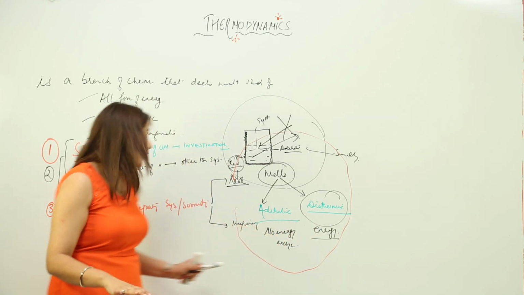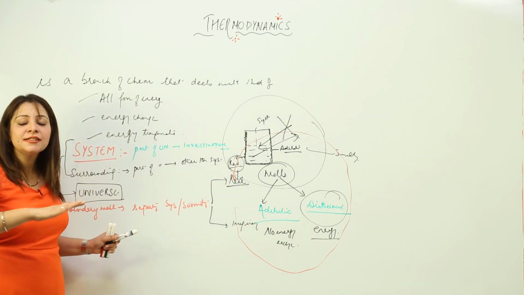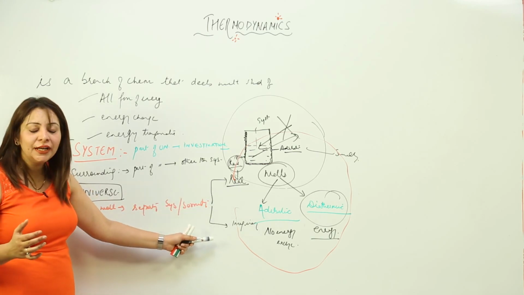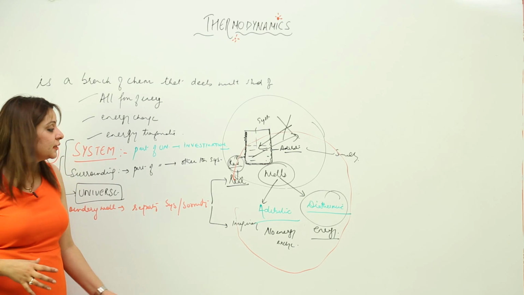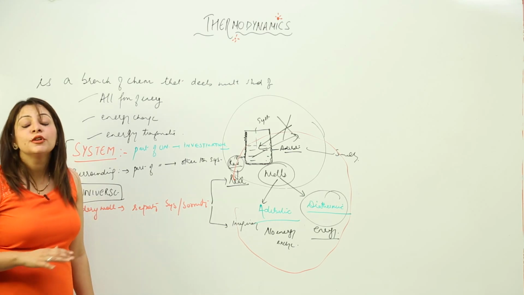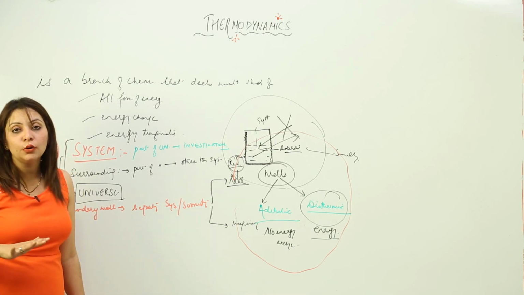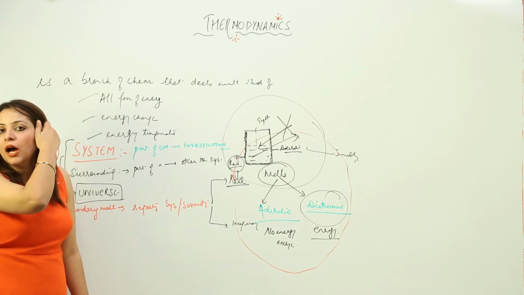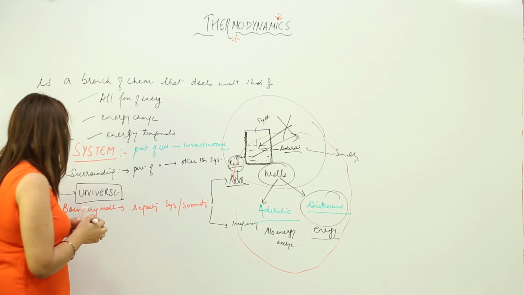I think it's clear that when we are talking about the boundary, it is just a separating surface that separates the system from the surrounding. It can be real or imaginary. As far as the wall is concerned, we can have the adiabatic wall, which will not allow the energy to go in or out of the system, and the diathermic wall, which will allow the energy to flow in or out.